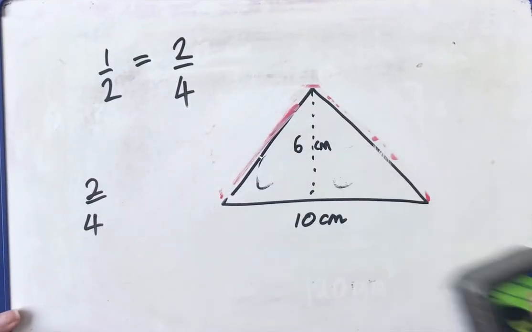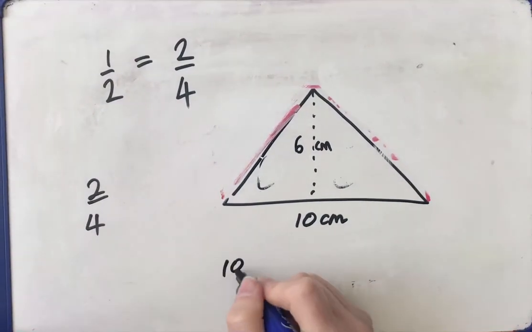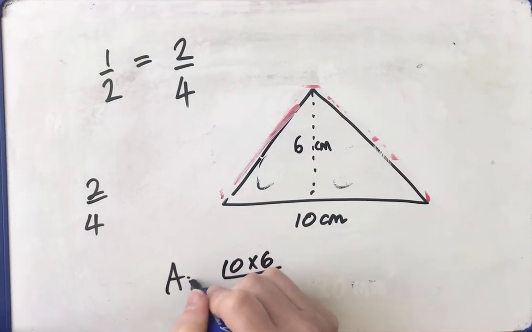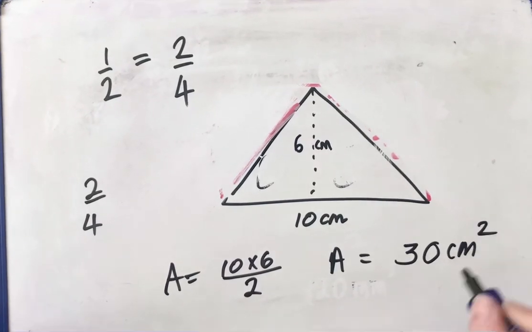Get rid of that. You can see now, hopefully, 10 times 6 is 60. So the area is base times height divided by 2. So the area of the triangle is 30 centimetres squared. I'll do one more